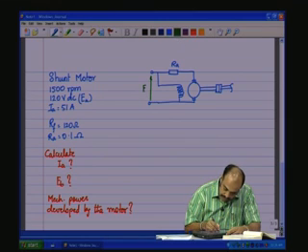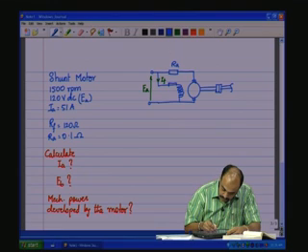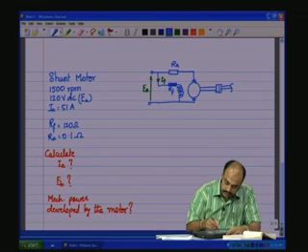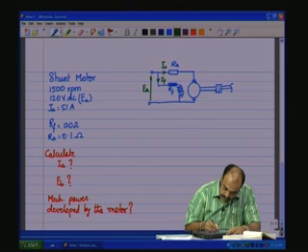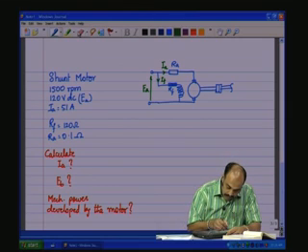We have EA which is applied here, we have IF flowing through this, there is also RF, there is IA which is flowing through this, and